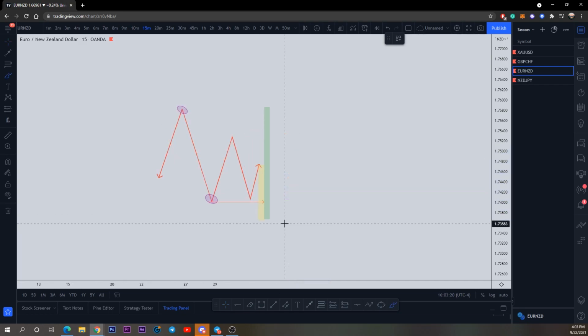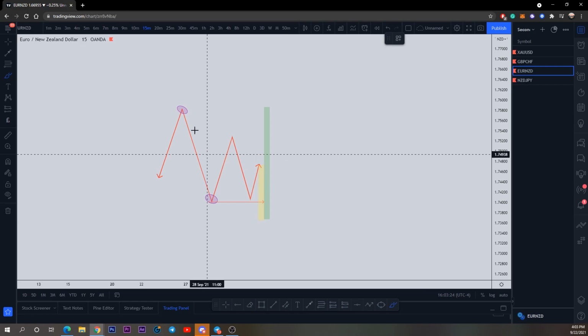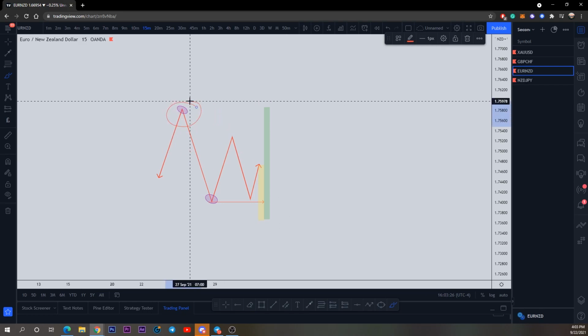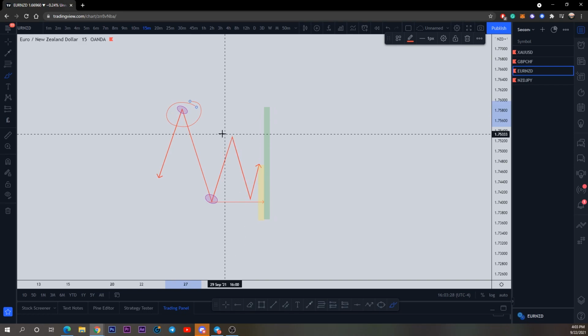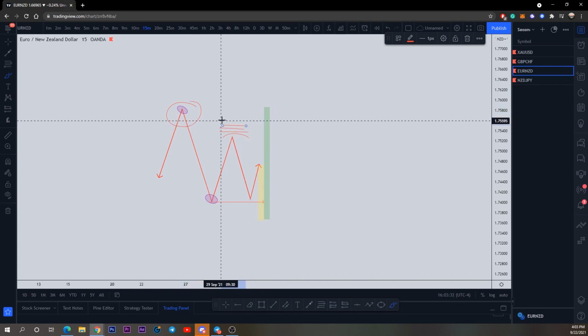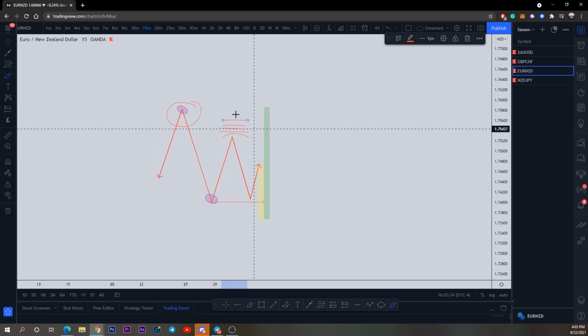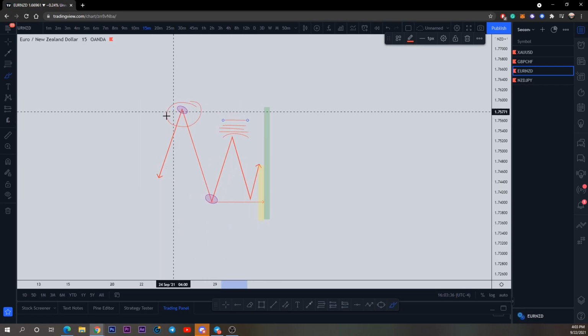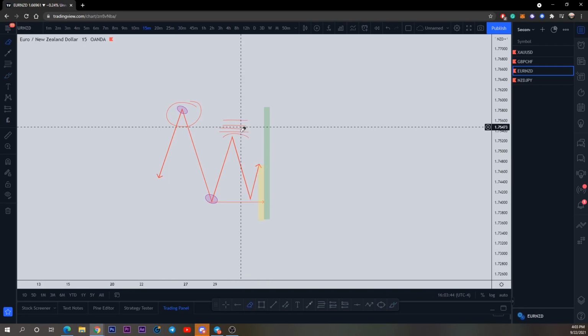What is the high that needs to be broken here? What is the structure point that needs to be broken? This right here. Why don't I say this high here? This is a sign of intent, right? That's a sign of intent, but this right here is what's holding our structure bearish. Okay, if we're not able to invalidate this high here, if we're not able to invalidate that high,